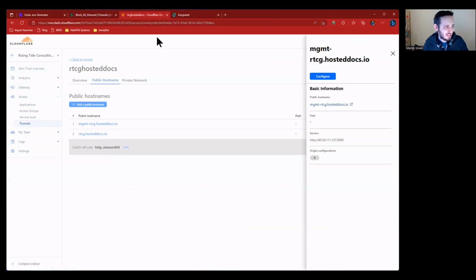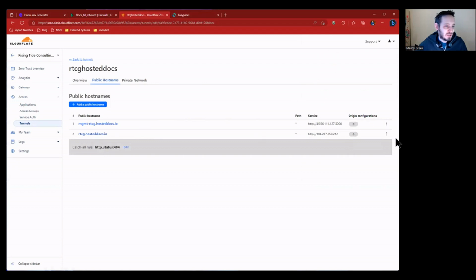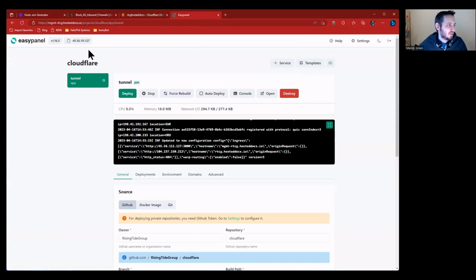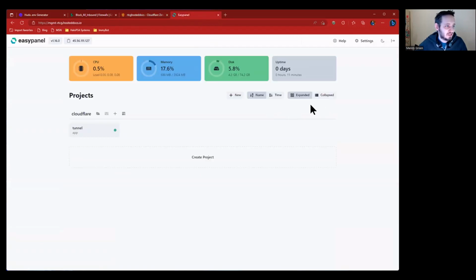And then once you're in EasyPanel, I've brought in Cloudflare tunnel, and I've secured the VM, so there's no inbound traffic at all to the firewall. At this point, everything is going through Cloudflare. So at this point, we were ready to set up Hudu, which we're going to come here,